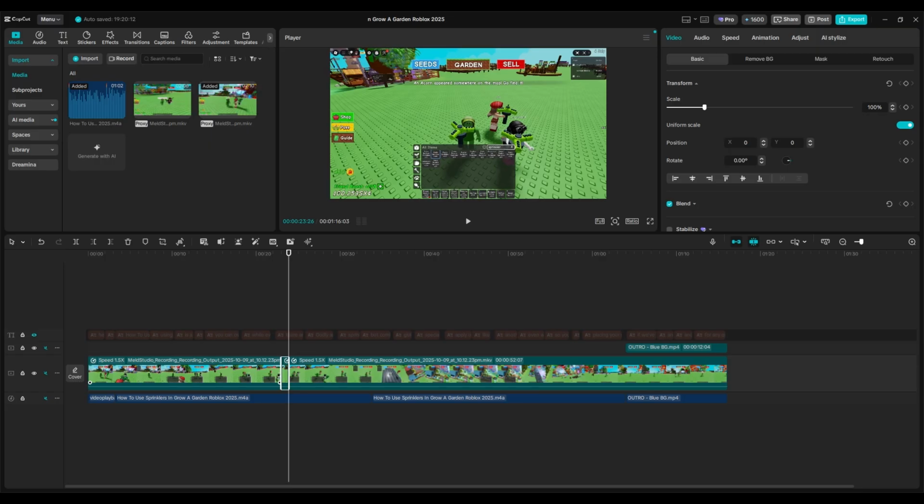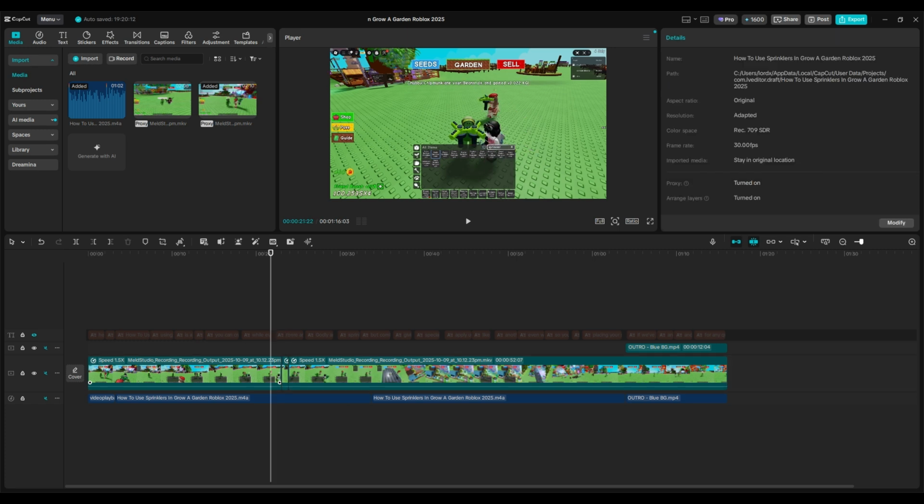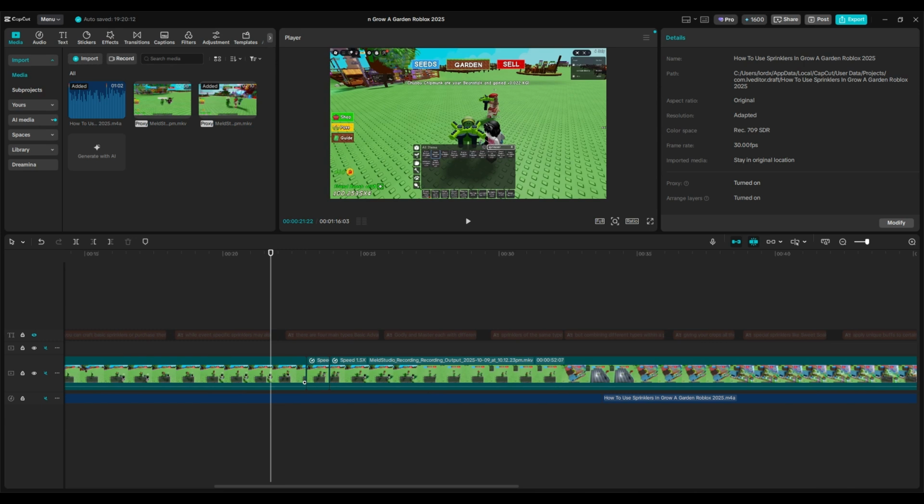If you want to reverse only a specific portion, first split the clip at the desired start and end points, then apply the reverse effect to just that section. You can preview the results immediately to make sure it looks smooth. This method gives you full control over timing, so you can combine reverse segments with normal footage to create dynamic